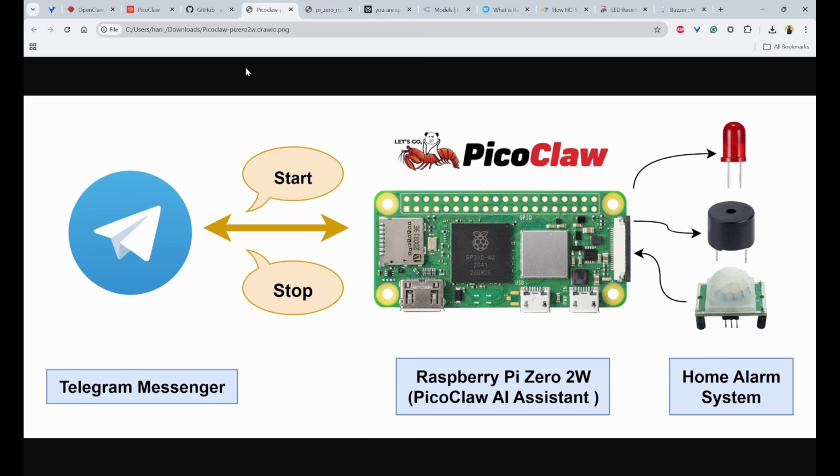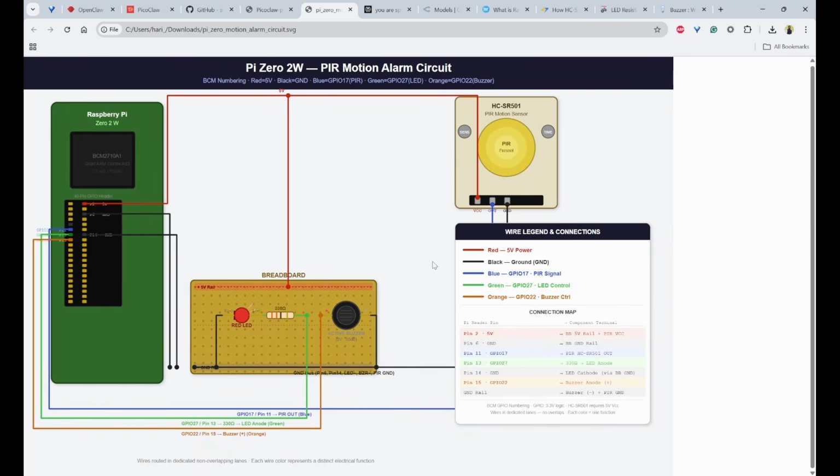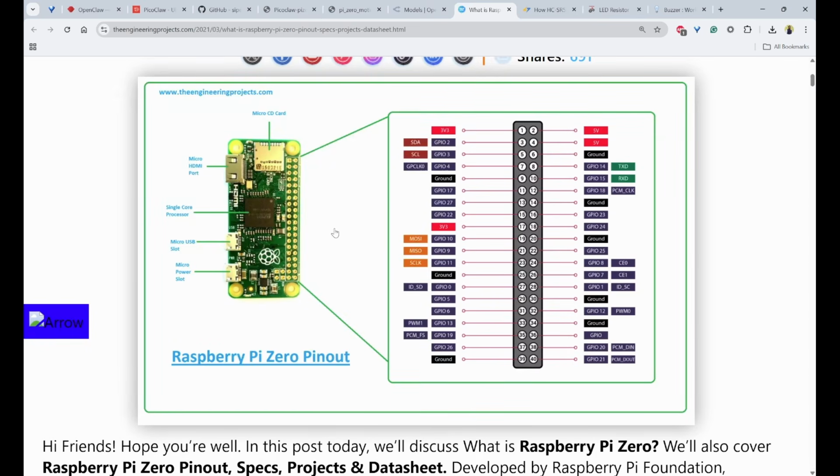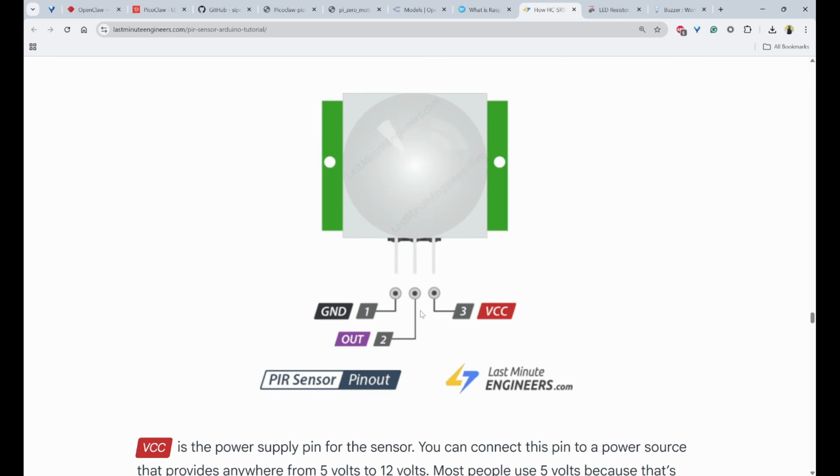So what we can do is we can use the connections in this manner. We are using this color coding, and for each of them we have different connection maps. You can use this diagram and connect it with your breadboard and jumper wires. You can also refer to the GPIO pins of this Raspberry Pi Zero 2 W,